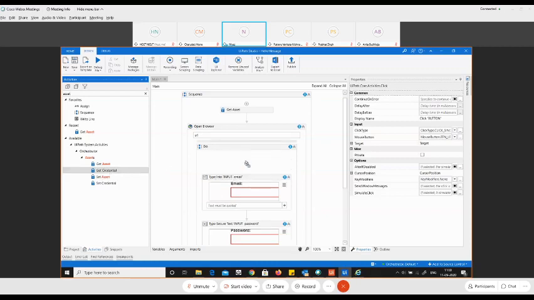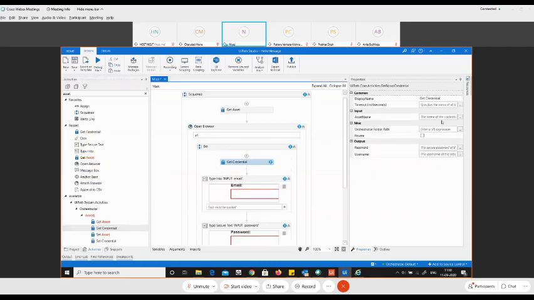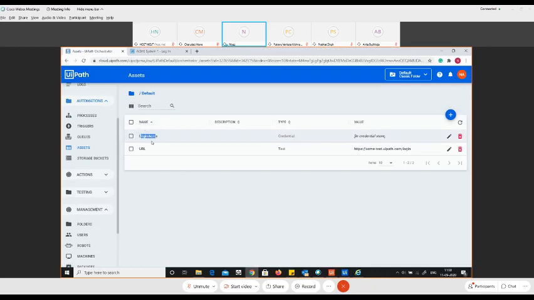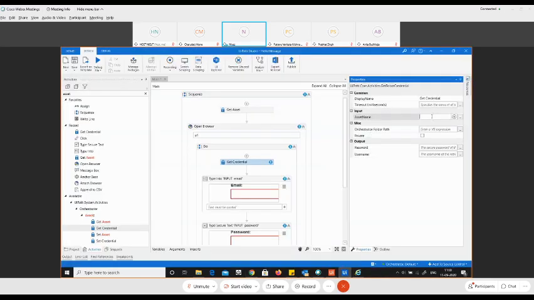So I'll drag and drop the get credential over here before the input. Over here, you see you have to pass the asset name. So in our case, the asset name is login Acme. So I'll just copy this login Acme from here and I'll paste it in the asset name. Awesome. Now you have two outputs, one for password and one for username. So let us go ahead and create variables for that. Control K for creating a variable, and I'll create a variable with the name email. And for password, I'll create a variable with the name pwd.